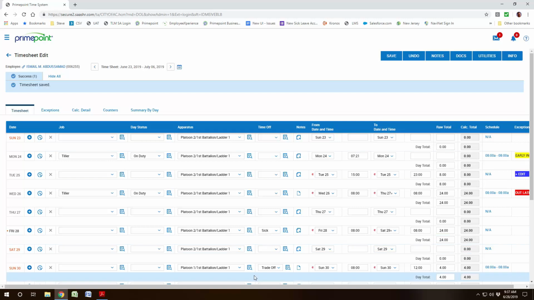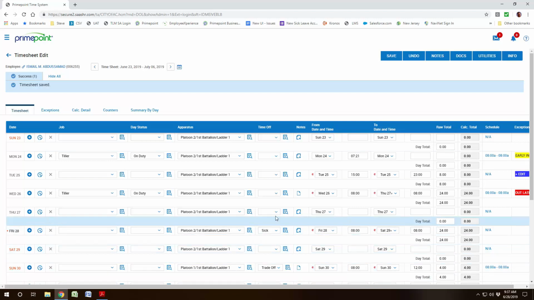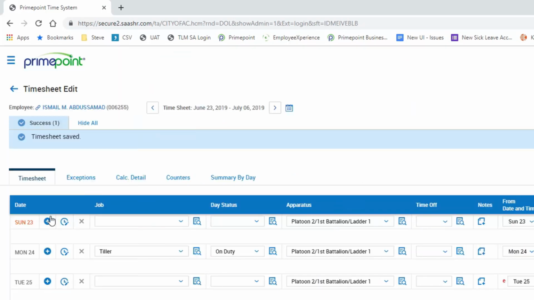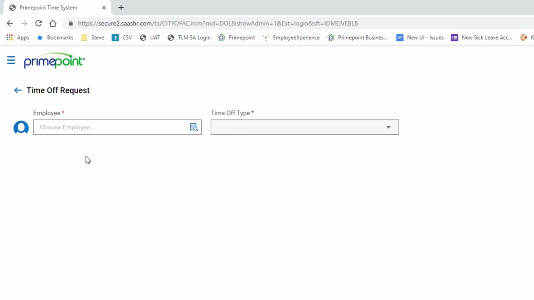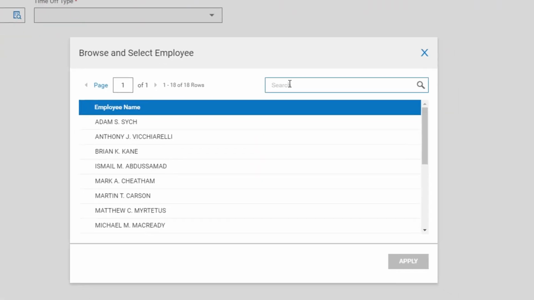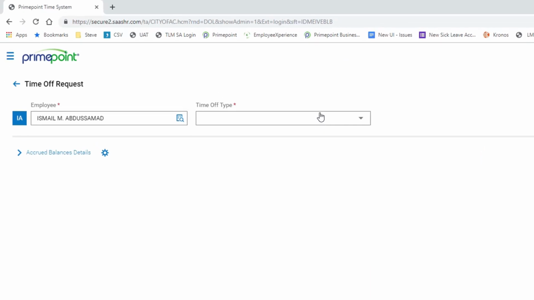Another option, if you don't want to put the time directly into the employee, is to request time off on behalf of the employee. So again, opening up our navigation panel under Time Management, you'll see you have Request Time Off for Employee. In this scenario here, I'll first have to select the employee. So when I click on Choose Employee, I can click on the lookup, and then in the search box, start to type the person's name. So if it's Ish, I start to type Ish, and then I click Apply,